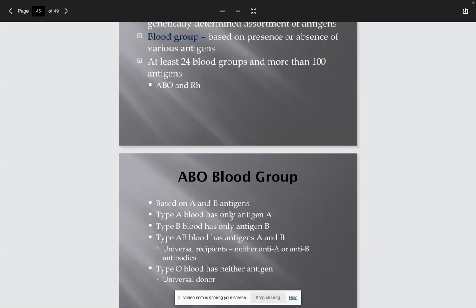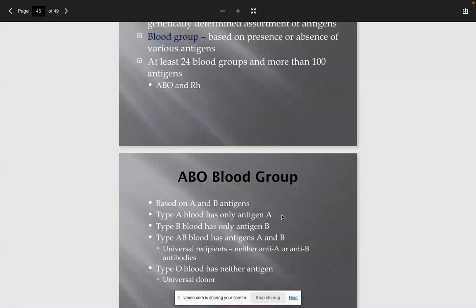If you have blood type A, you have antigen A, which means you don't have antigen B, so you form antibodies against antigen B. You'll have anti-B antibodies. If you receive B blood, you have the antibodies to the B blood, so your body will attack B blood, and you'll have a transfusion reaction. So again, just to go through this again,